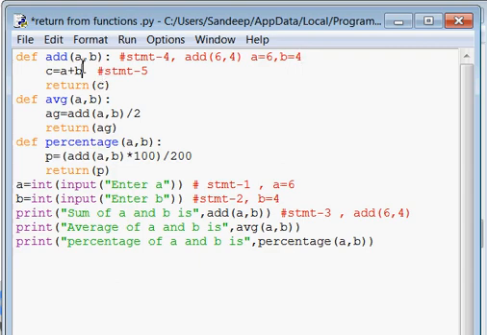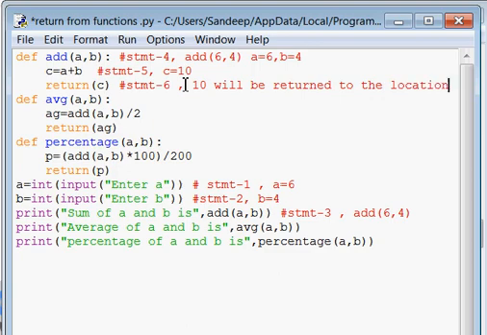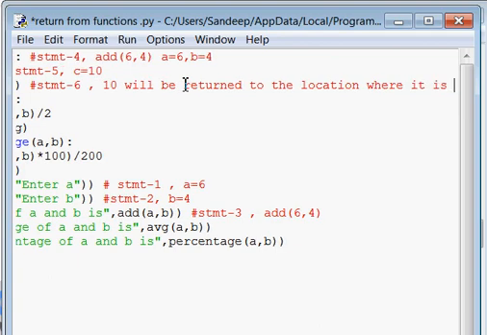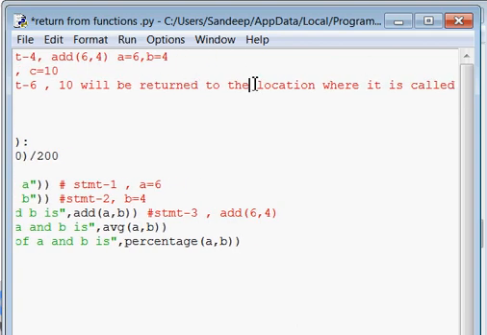So the next statement that will be executing is statement 5, and in this statement C will have 10. The next statement that will be executing is statement 6. Due to this statement, the value of C, that is 10, will be returned to the location where it was called.